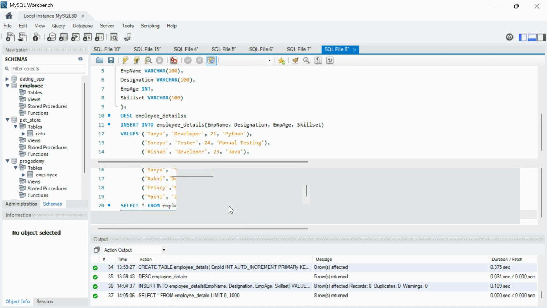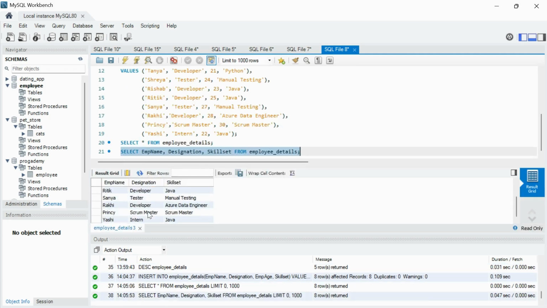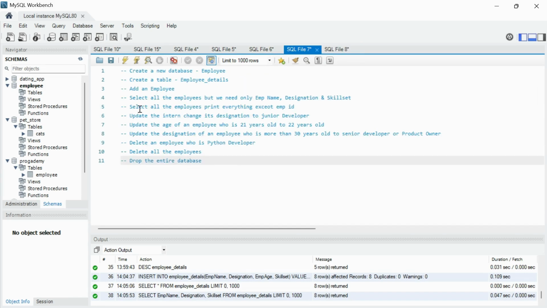So, this is what it has written: employee name, designation, and skill set. Next, what we have to do, we have to select all the employees, print everything except employee ID. So there, what we'll have to do,